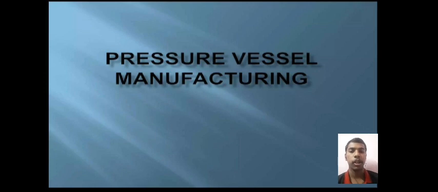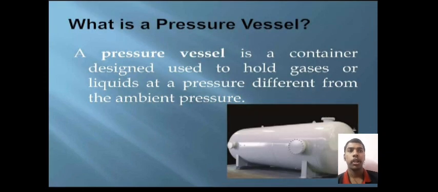Today I am going to explain the manufacturing process of a pressure vessel. A pressure vessel is a container designed or used to hold gases or liquids at a pressure different from the ambient pressure. Now, what is the meaning of ambient pressure? Ambient pressure is the pressure present in the surroundings, and we can maintain a pressure other than our surrounding pressure